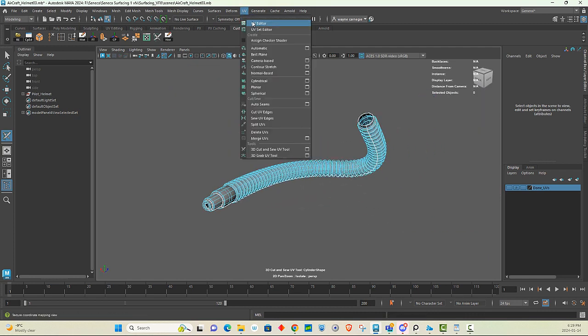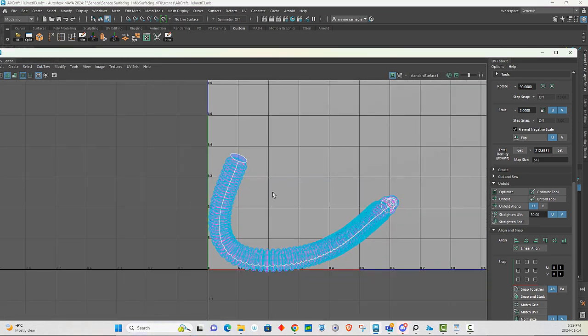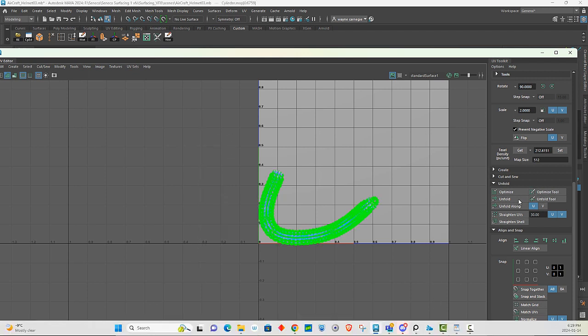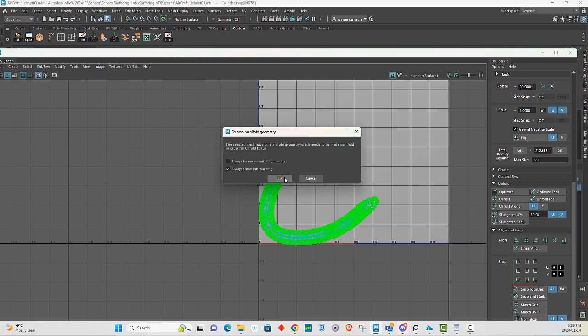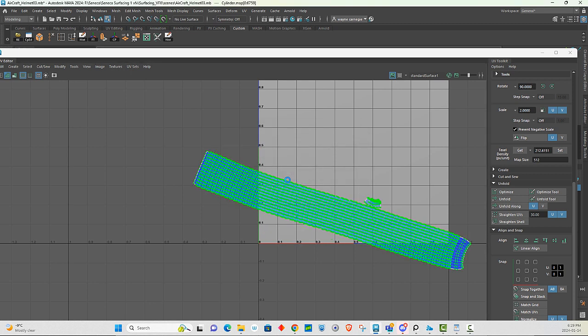Alright, now we go to UV editor, and let's press Q, and then right click to UV, and then select everything, and then unfold. I knew this thing was gonna come out. But okay, this is fine. Okay, the manifold things, just press OK, and then